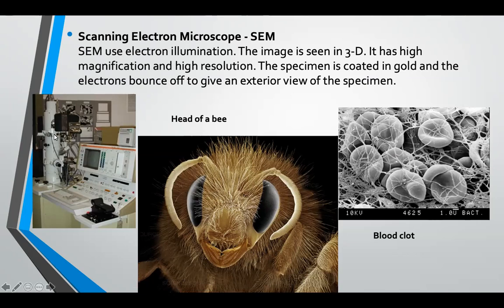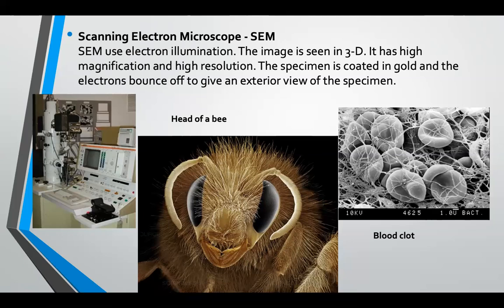So here's a look at the scanning electron microscope. It's a much more elaborate machine that we would not use in lab. Here's the head of a bee, so kind of the detail and the zoomed in that you can get from a scanning electron microscope. And then a blood clot. This is a really cool picture. It's showing the red blood cells and all of the fibrin and platelets kind of clotting them together to try to stop